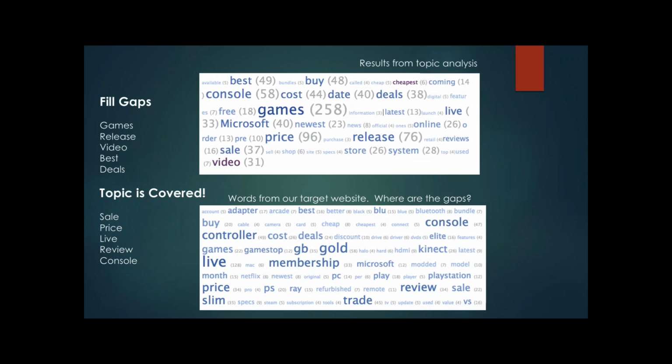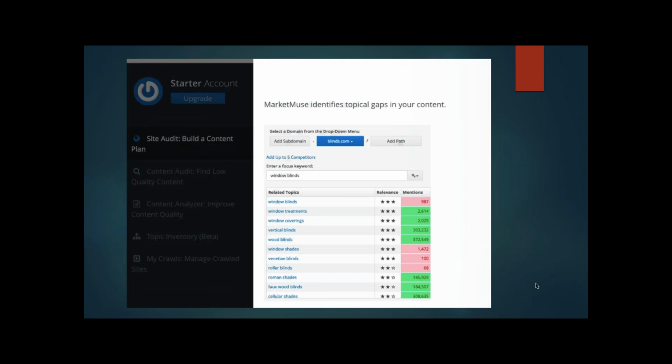I want to diverge for a second, and I promised to show you something about Market Muse. I'm an agency partner with them, which means I can execute data-driven content strategy with their software. I could have tried to be a partner with some of the other enterprise software I showed, but this is my specialty. That's why I'm showing this: they're really at their center all about the semantic analysis. They have their own algorithm for finding topic relationships. Their co-founder is a really top leading expert in semantic machine learning.